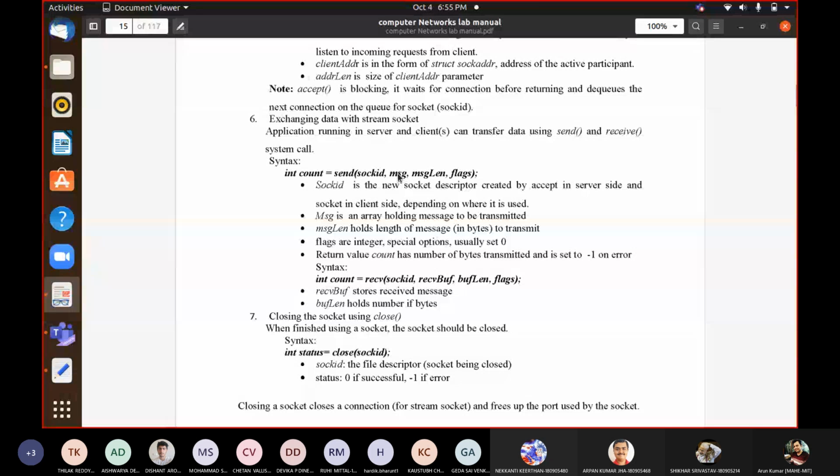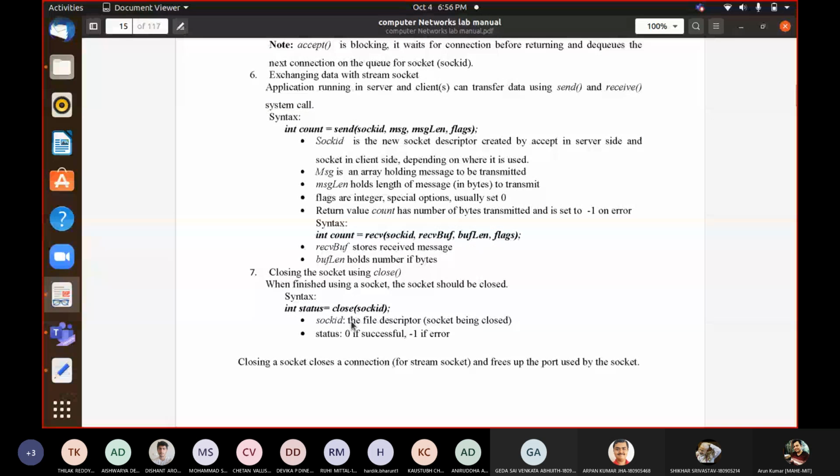Likewise, when you are receiving, the socket is handling the receiving, but you need a location where it will store the data after receiving, so that you can read it, print it, or do anything with it. That location you give as the receive buffer along with its length, and then the flag is for other special options. We will set it as 0 here as well. Finally, close, which I have explained: you just give the socket ID so that your operating system can reuse the assigned details, the port numbers and IP address, for someone else.